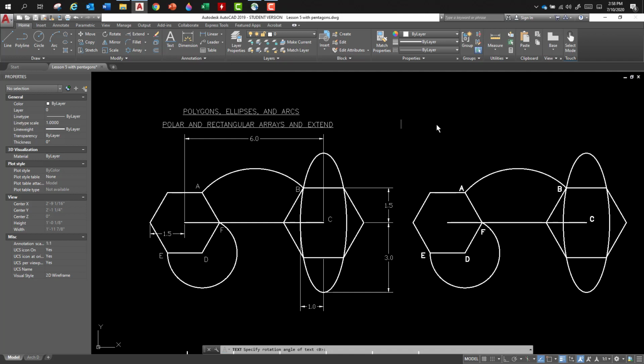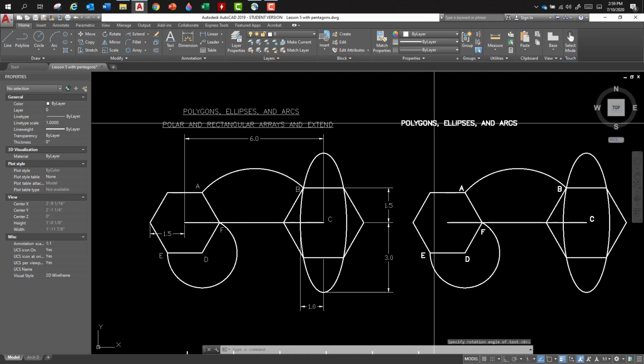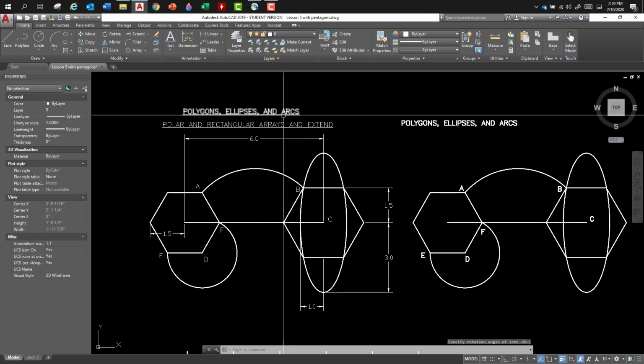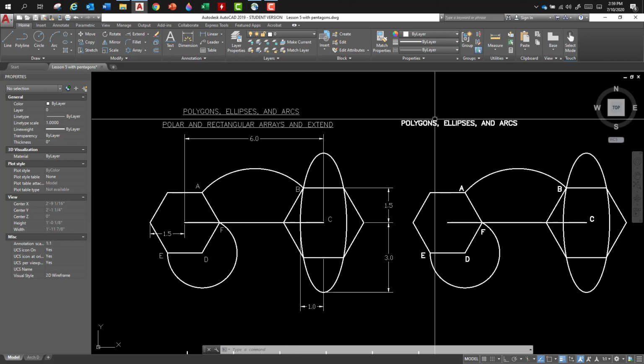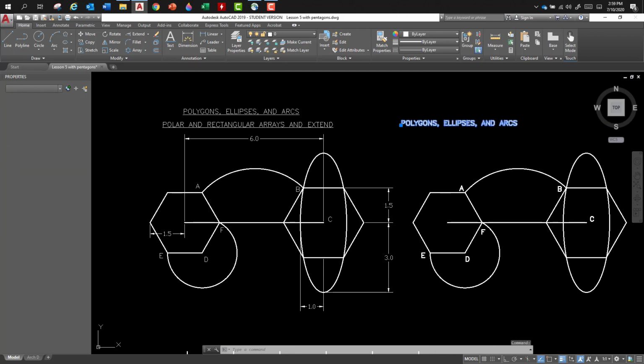So let's see how bad a typist I am. I'm going to type in polygons, ellipses, and arcs. I'm going to just type in one line at a time. So I'm done. So I hit enter and I hit enter again. Well, you can see it's almost correct. I didn't put underline in there. So if I double click on it,